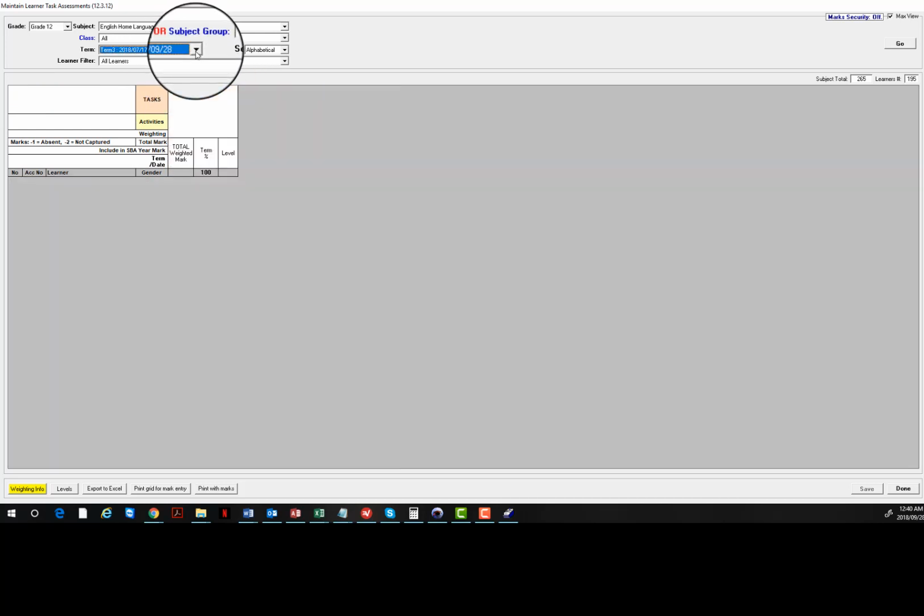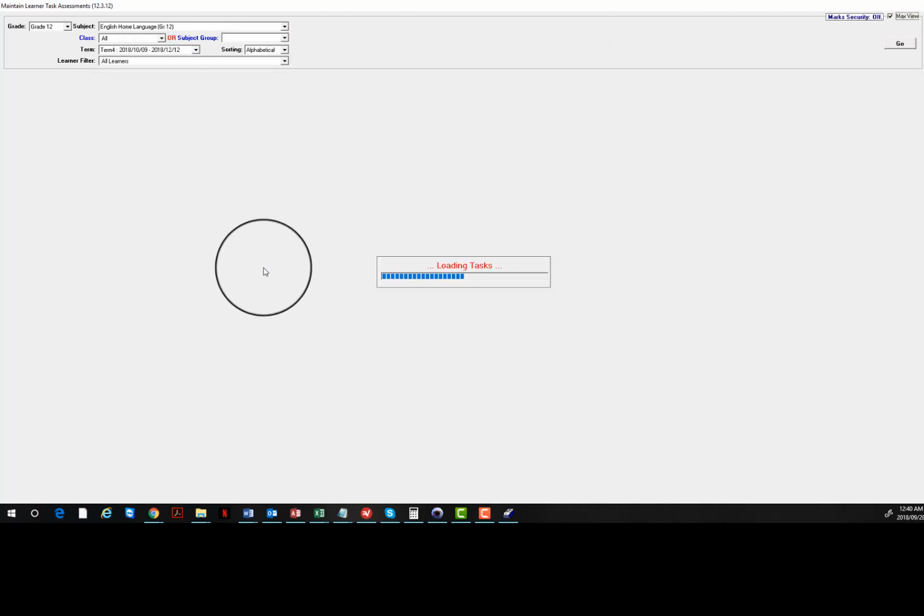I mean, for them to have a year-to-date mark, they would need to have written their finals and have their finals marks captured, which basically you can only do in January when they come out. So, your year-to-date mark is going to depend on which marks you've pushed through to front office and how you want to calculate it. So what you could do is, if the teachers have been capturing their own marks on a separate spreadsheet and they've got a year-to-date mark,